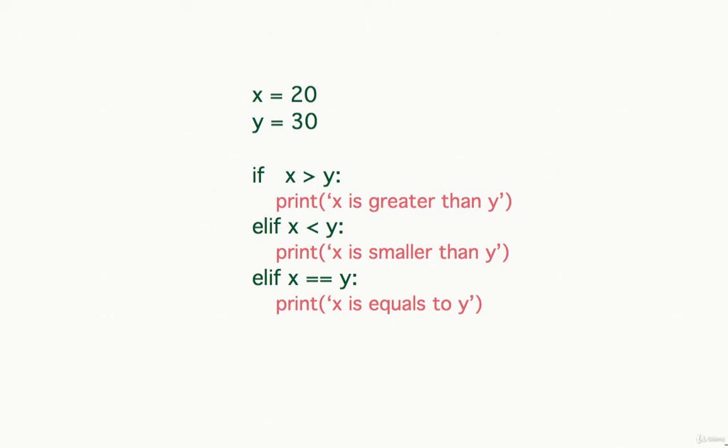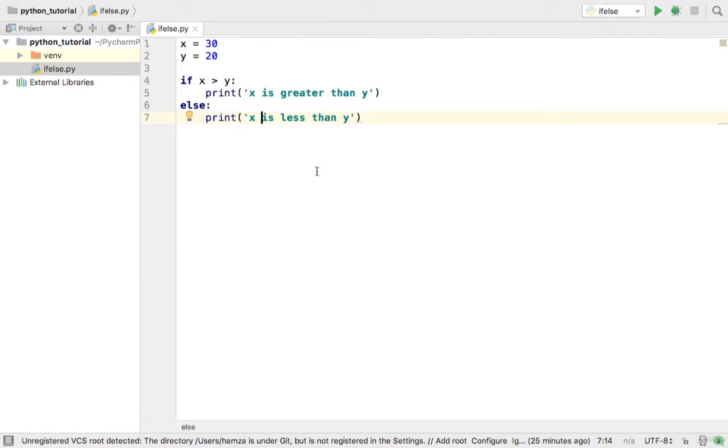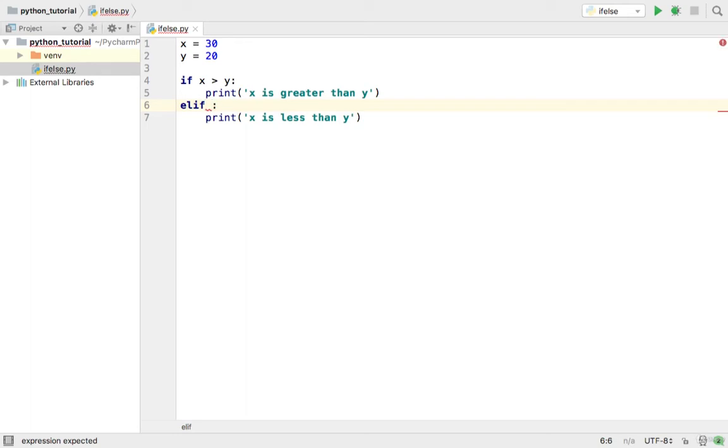Now let's write some code. In this example of elif, we can use our code of if and else, where we created two variables x and y and check whether x is greater than y or it is less than y. Now I will replace this else with elif. As we know, elif requires a condition, so we will give a condition: if x is less than y,